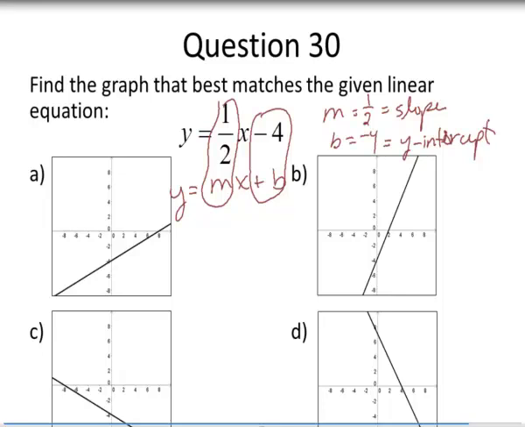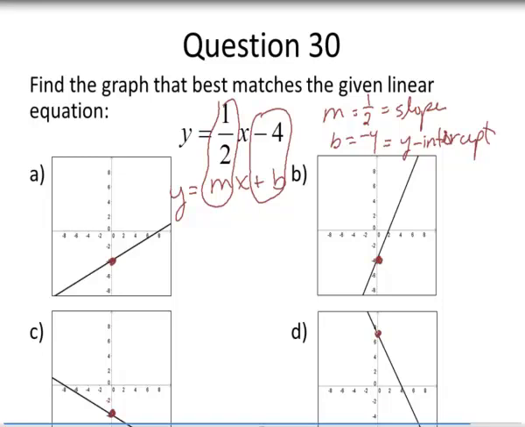Okay, let's start by looking at the y-intercept, negative 4. Which one of these graphs has a y-intercept at negative 4? Let's see. The y-intercept on this first graph is negative 4, right? The y-intercept on this B graph is negative 4. The y-intercept on the C graph is negative 4. The y-intercept on the D graph is